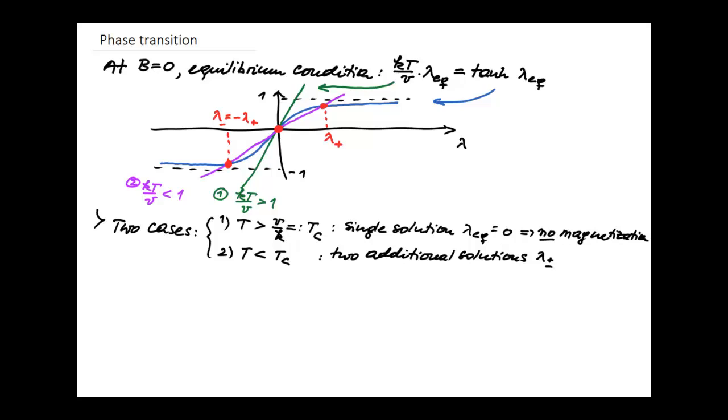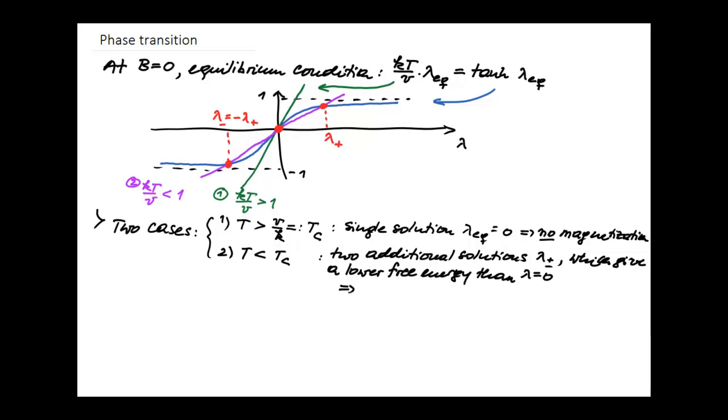And it turns out that at lambda plus and lambda minus, the free energy is strictly smaller than the free energy at lambda equal to 0. So actually lambda plus and lambda minus correspond to the equilibrium. So these two additional solutions, lambda plus and lambda minus, give a lower free energy than lambda equal to 0. And therefore,